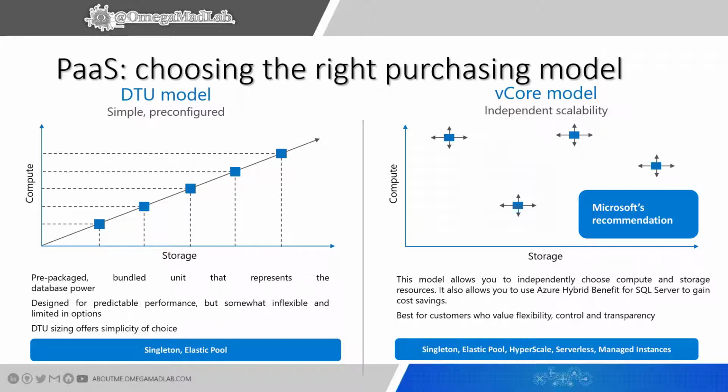Each database transaction unit consists of compute power, storage capacity, storage performance and memory, and you can have a complete abstraction in respect of the underlying infrastructure. You simply have to acquire the right number of DTU, and when this is not enough anymore to support your workload, you simply have to add more DTUs for your SQL Server service.